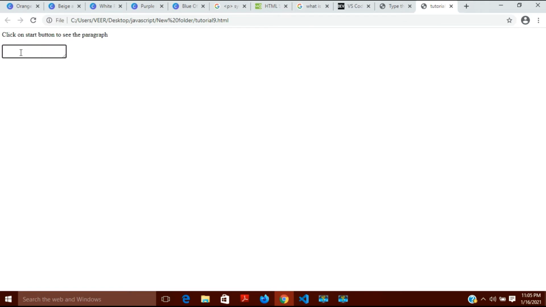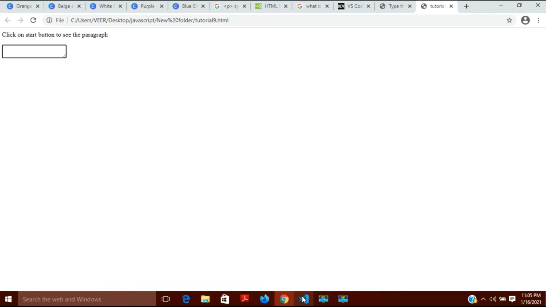But this text area is very small. If I want to increase its size, I will have to increase its columns. Columns mean more space, so its length will increase, and if I increase its rows, its width will increase. So let's increase its columns and its rows also.